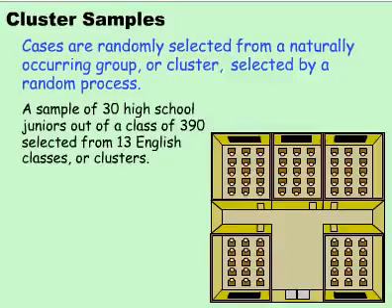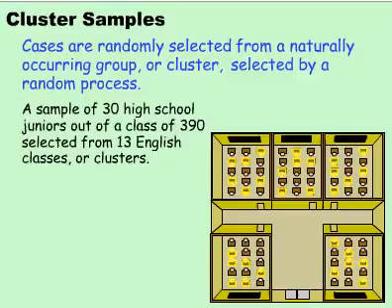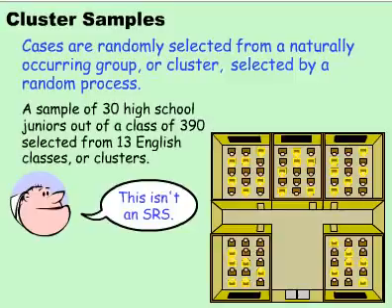from each cluster. If we drew 6 students from each of 5 English classes, we'd have a cluster sample of 30 juniors. Is this a simple random sample? Of course not. Not all conceivable groups of 30 students from the class are possible. Is there a random process? Yes. You aren't deciding which individuals go into each cluster, and each cluster is equally likely to be in the